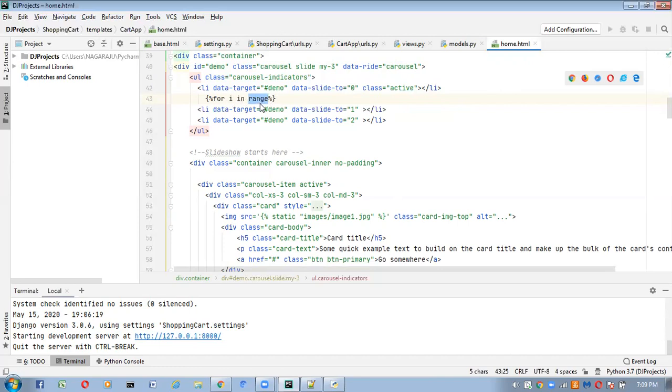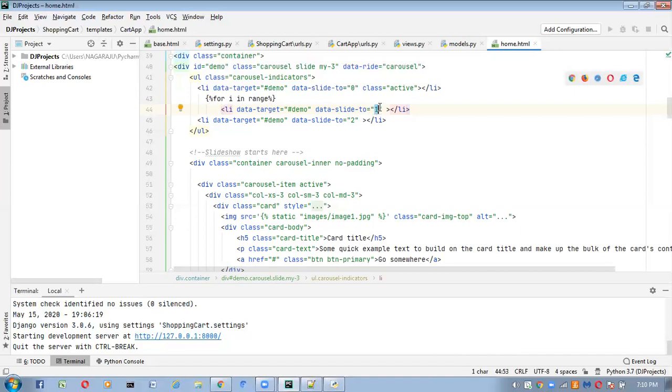Next, what do we have to take here? One minute. Here, data-target demo, data-slide-to equals... here I don't take this one.